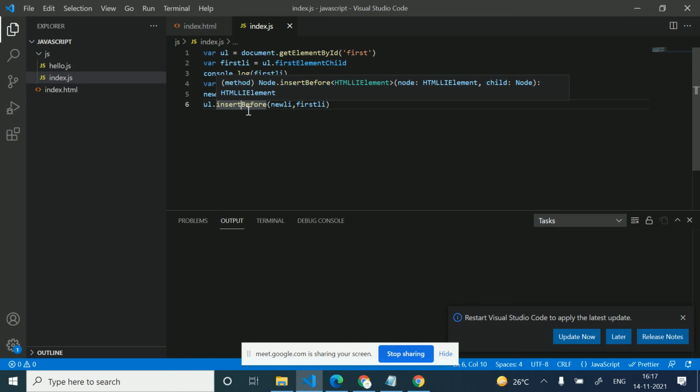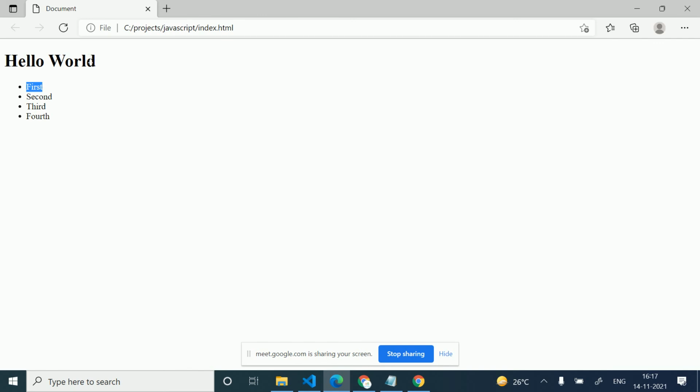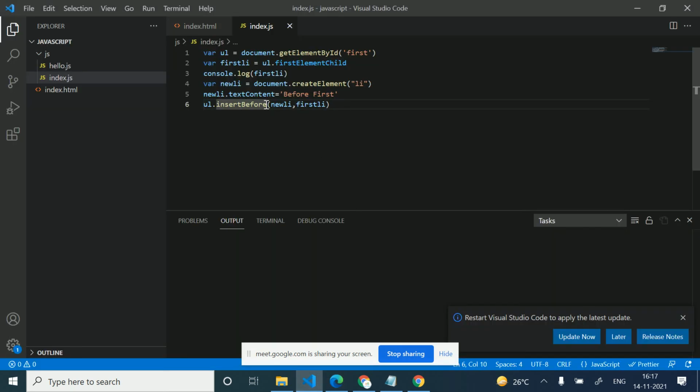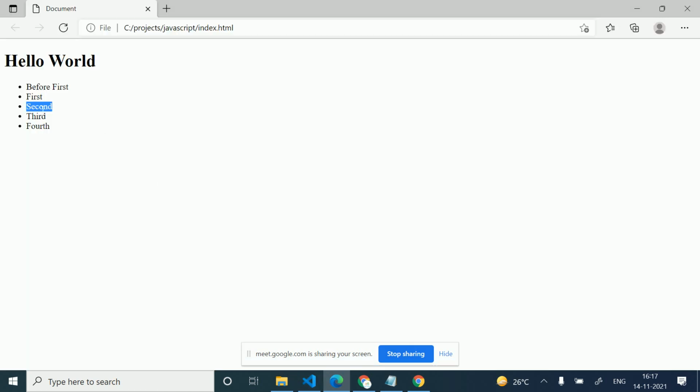So how can we add this? I want to add this after the first. So I will go from the first to the second element, and I will use insertBefore to insert this before the second.